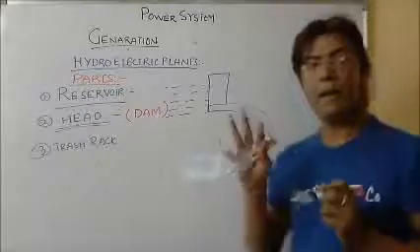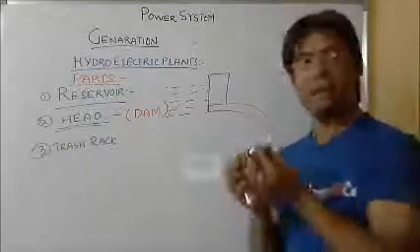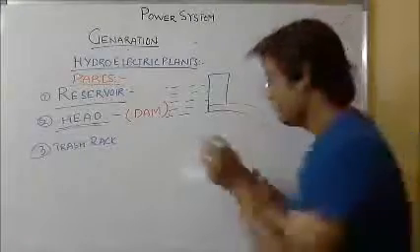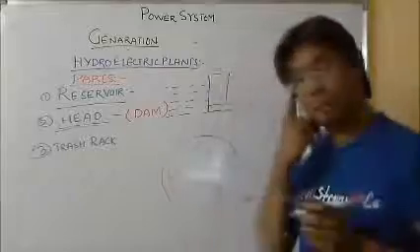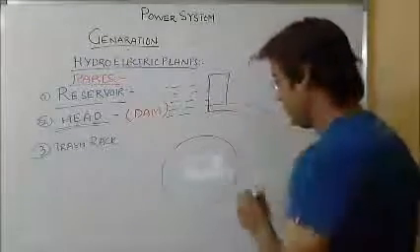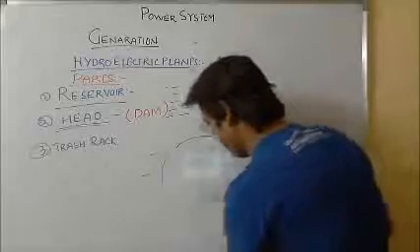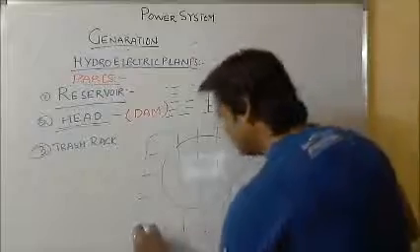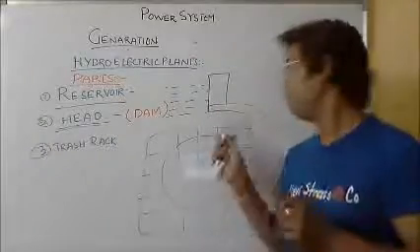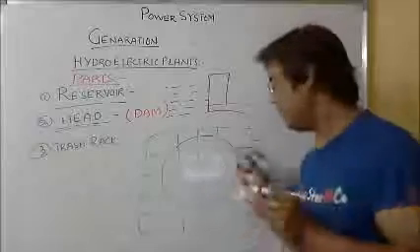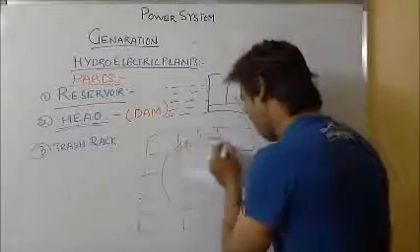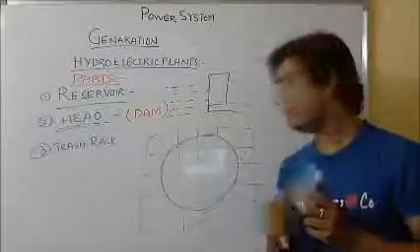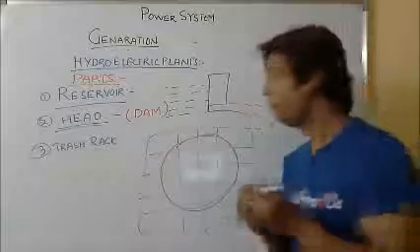Trash rack. Suppose this is my conduit, or rather my penstock. If I look inside the penstock from here, there are steel wires or steel racks placed just before the entry into the penstock. This is a steel wire, and this is my actual conduit or the penstock. These steel wires are placed horizontally